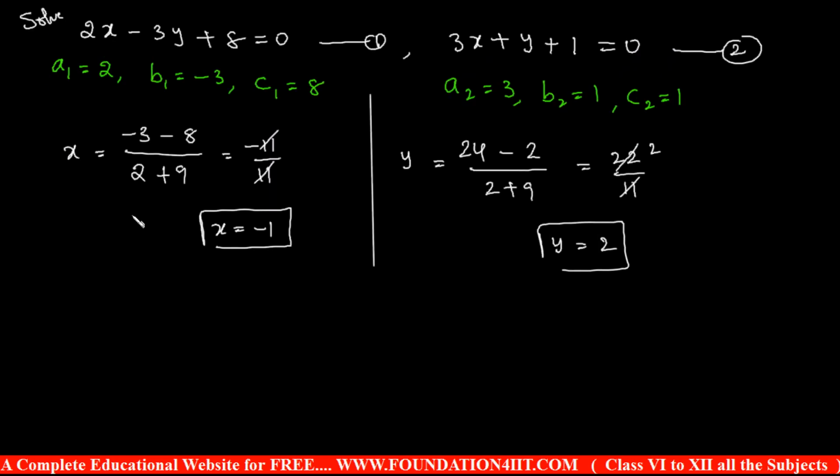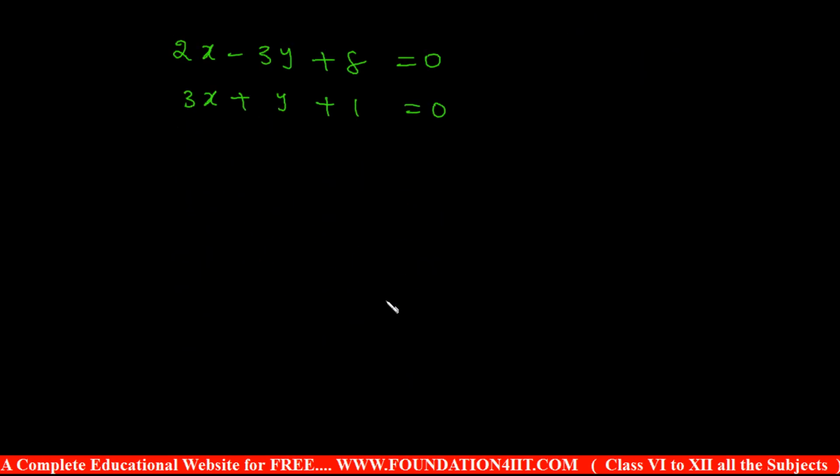Here are the two linear equations. One is 2x minus 3y plus 8 is equal to 0. Another one is 3x plus y plus 1 is equal to 0. Okay, the same formula will come, but it is another trick. First we should write the y coefficients. The y coefficient is minus 3 and here it is 1. Minus 3, 1 you write. Next you can write the constants, 8, 1. Again the x coefficients are 2 and 3.